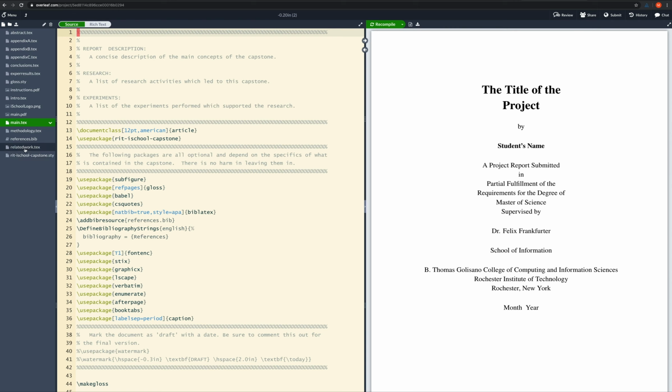It sets PDF LaTeX as the default compiler. I'm going to change that to XE LaTeX because XE LaTeX handles more Unicode code points than, well, PDF LaTeX doesn't recognize Unicode, so that's a problem. I also have set my theme to Solarized Light. I've set my font size very large, and I've set my key bindings to Vim. So in those respects, what I've got going here may look a little bit different from what you've got going